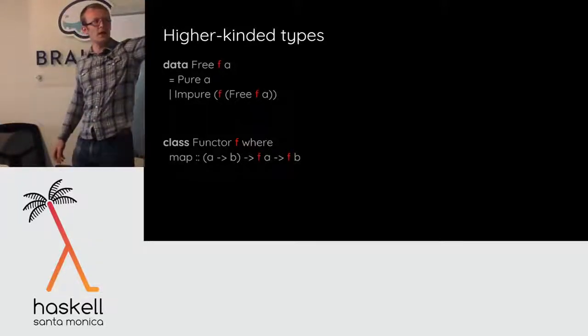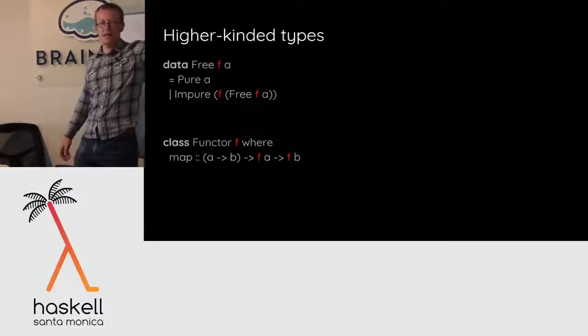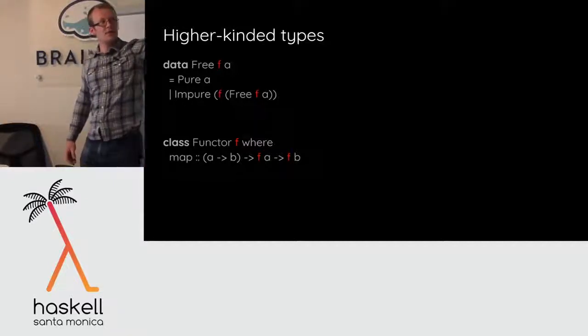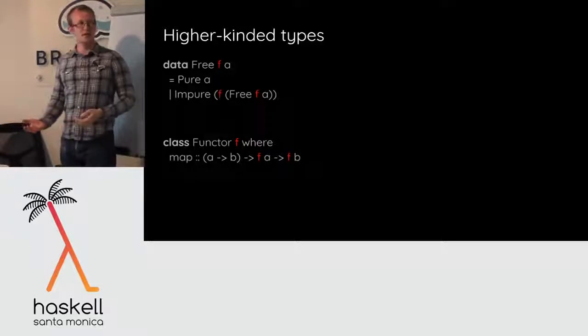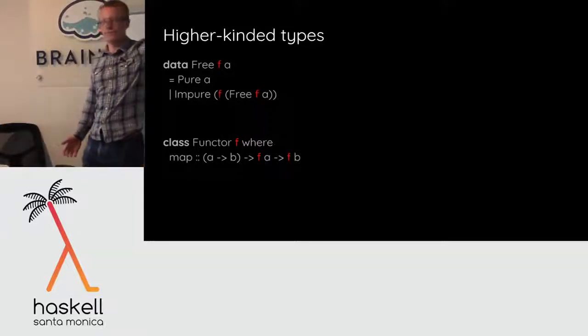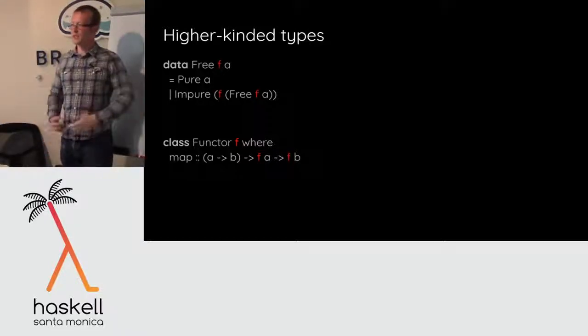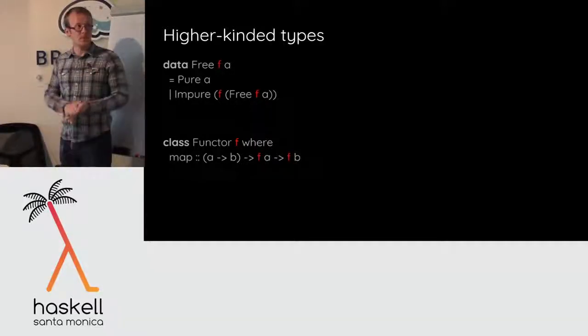So this is an example where A here is a type. For example, I can construct this Free thing with this Pure constructor by just giving you a value of type A. But f isn't a value, right? F isn't a regular type, like a type of values. F is a representation of a type constructor. It takes types and gives me new types back. So I can apply f to a type and get a new type. For example, I could apply Free to List, which is not a type itself, but List of A is a type. List is a type constructor.